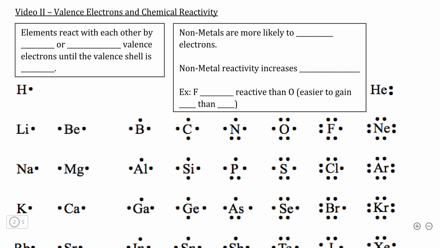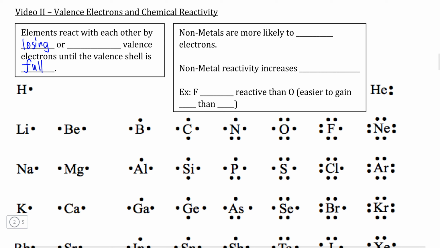In the previous video, we looked at how metals and nonmetals react with one another by exchanging valence electrons in order to form an ionic compound. We looked at how metals are more likely to lose valence electrons because they have a comparatively smaller number of valence electrons, and therefore it is easier for them to lose electrons in order to gain a full valence shell